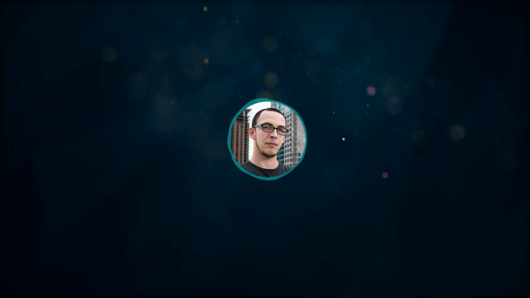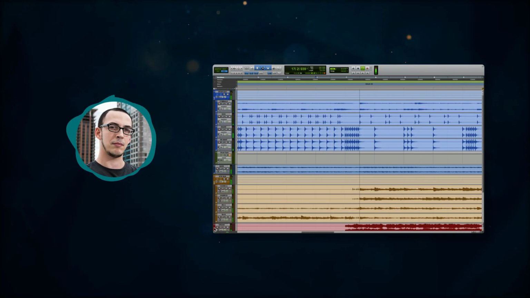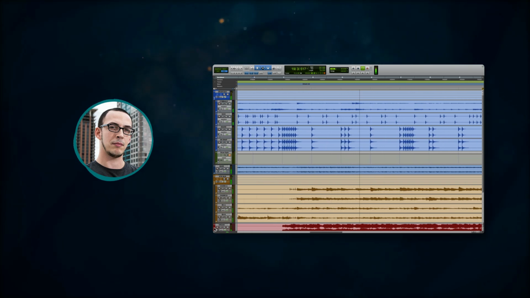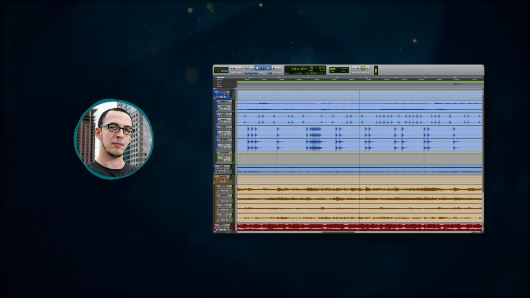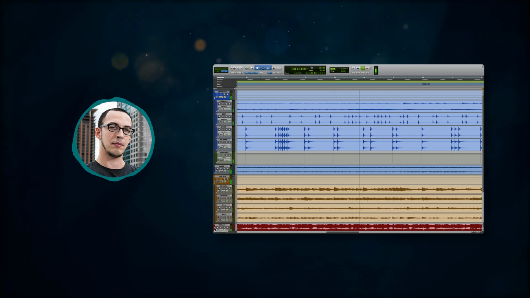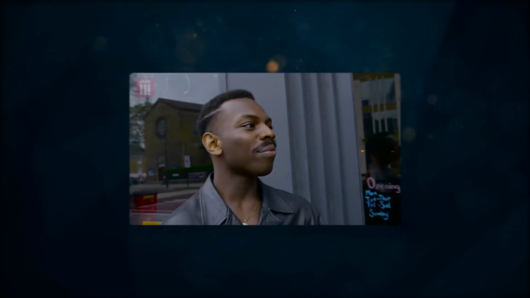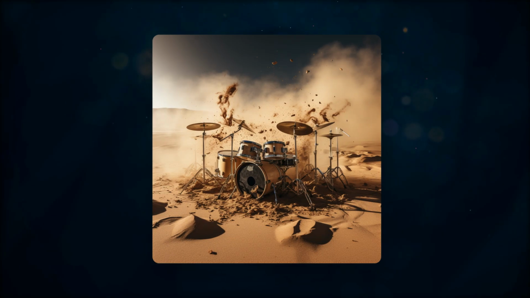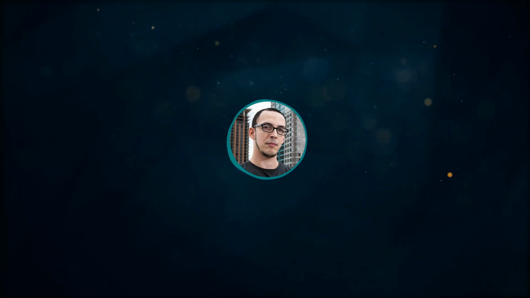And that's it. We took our drums from this to this. Remember this technique next time you have to create an epic mix from a dry set of close mics or samples. There could be 1,000 more tips for making drum rooms sound better, and we can't cover them all today